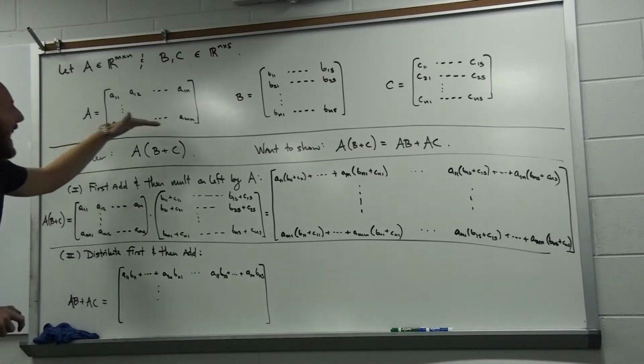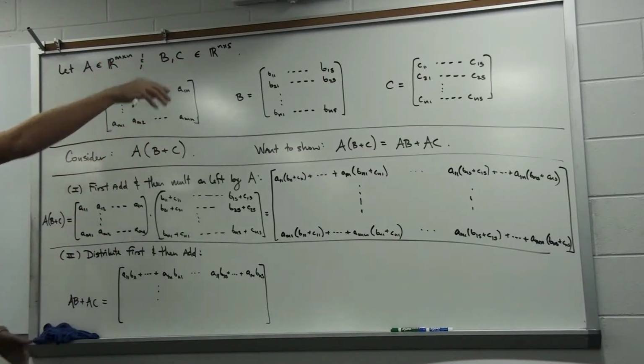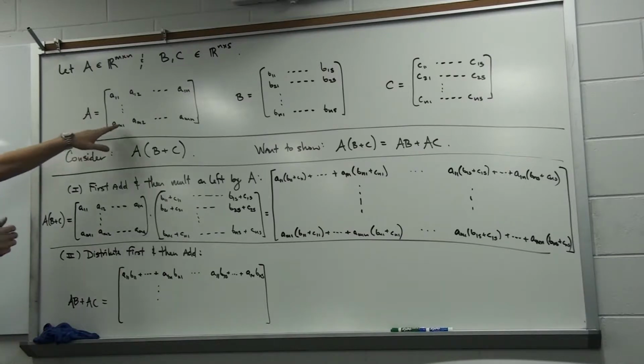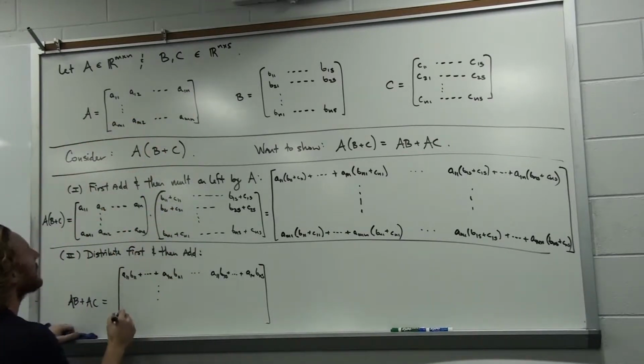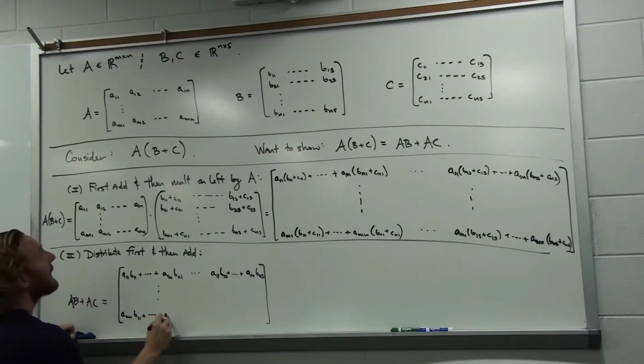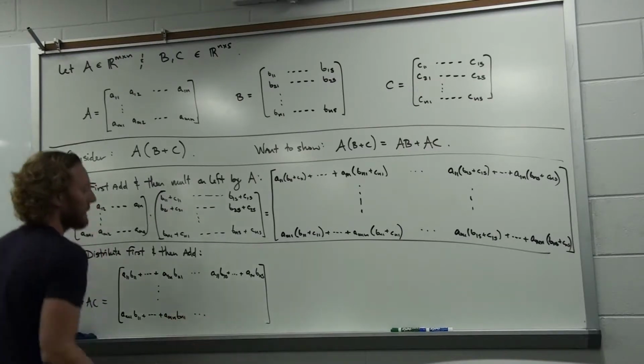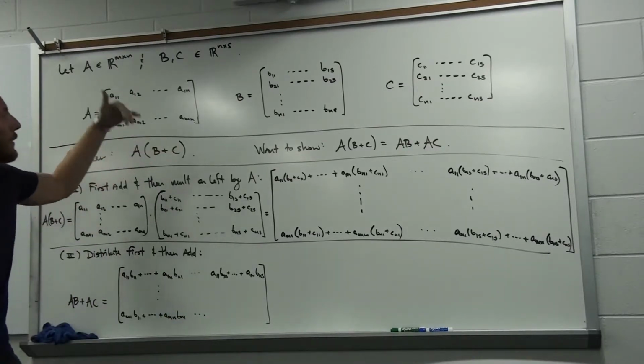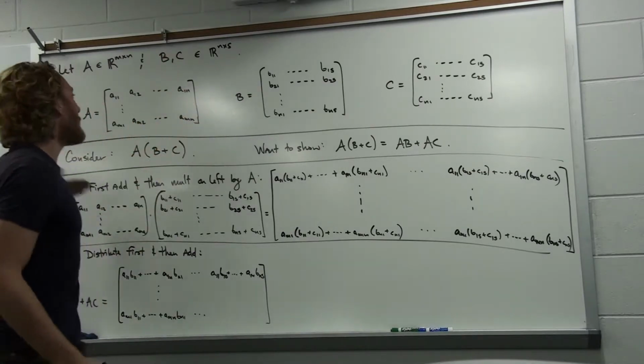Get down to the last row of A, you'd have to multiply now times every column of B. The last row times the first column in particular would be what? That would be AM1, B11, all the way out to AMN times BN1. And you could take that last row times each of the columns, and eventually the last row